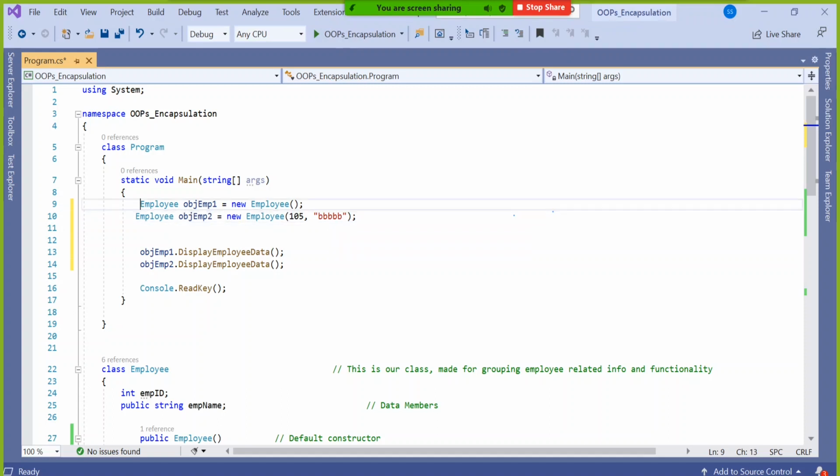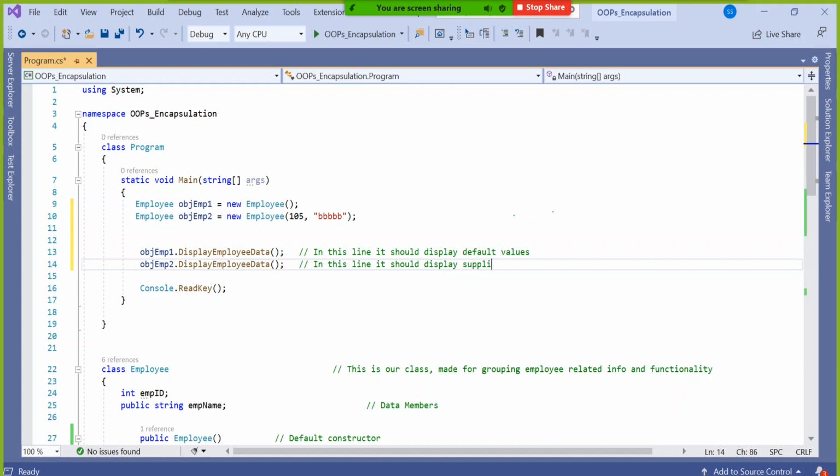That means we have not entered anything for the first guy. So we are assuming in this line it should display default values, and in this line we are assuming it should display supplied values.